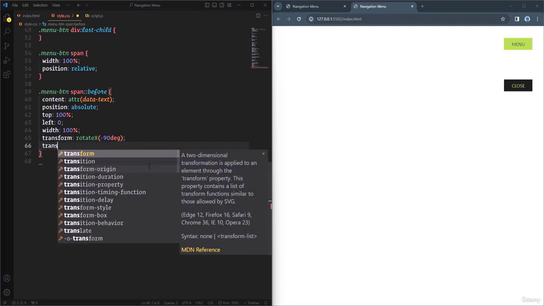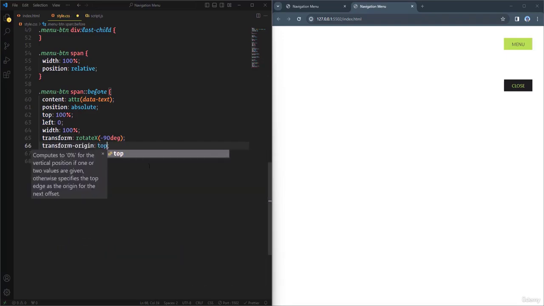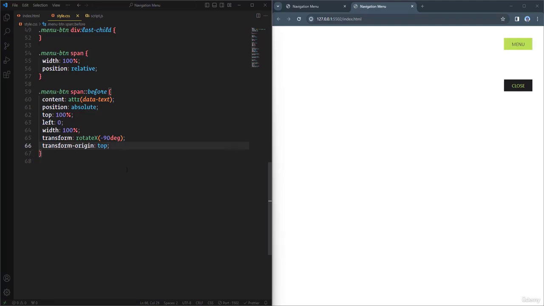Let's set transform origin to top. So this property sets the origin point for transformations applied to an element using the transform property to the top center of the element. When you use the value top for the transform origin property, it sets the vertical origin point to the top edge of the element, while the horizontal origin point remains in the center. So transform origin top means that transformations will be applied to the element based on its top center as the